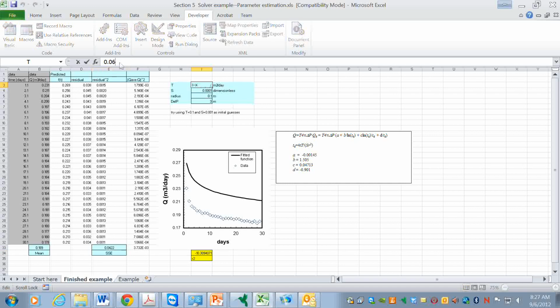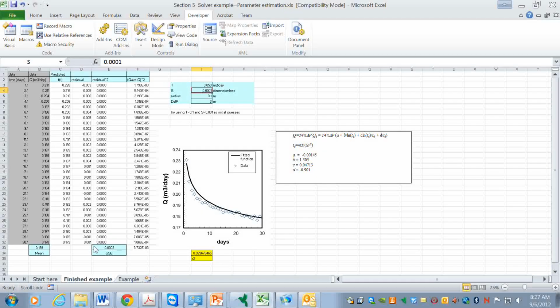Let's try that 0.05 value again. It's probably going to be closer to 1. Yeah, look, now it's really close to 1. Okay, so it seems like these are giving a pretty good estimate of the goodness of fit. They're functioning properly, and so what I want to do now is show you how to implement a capability within Excel for